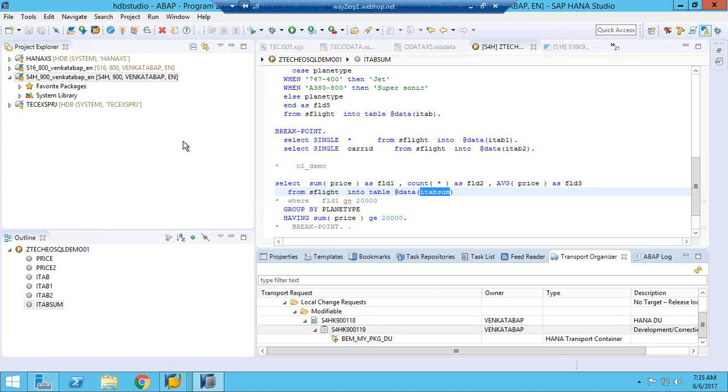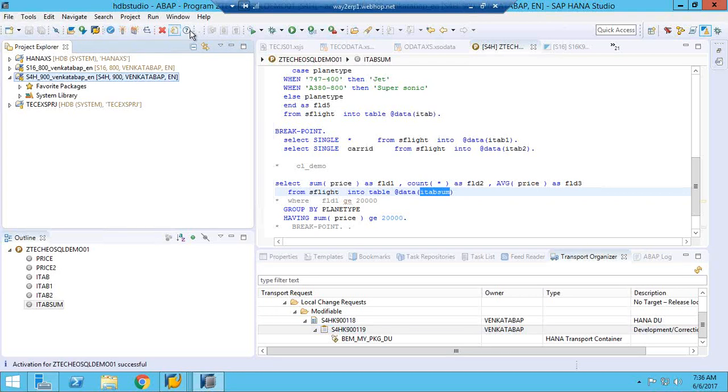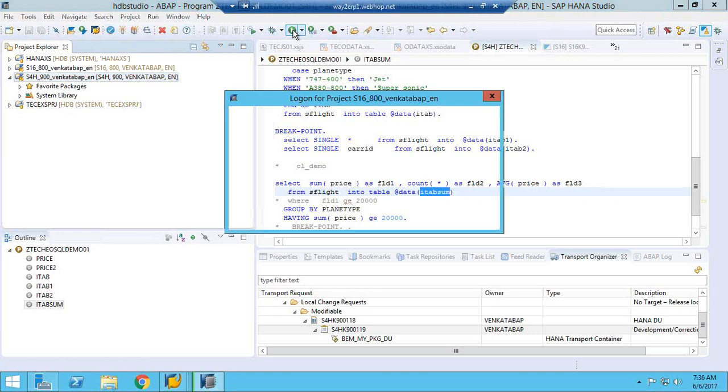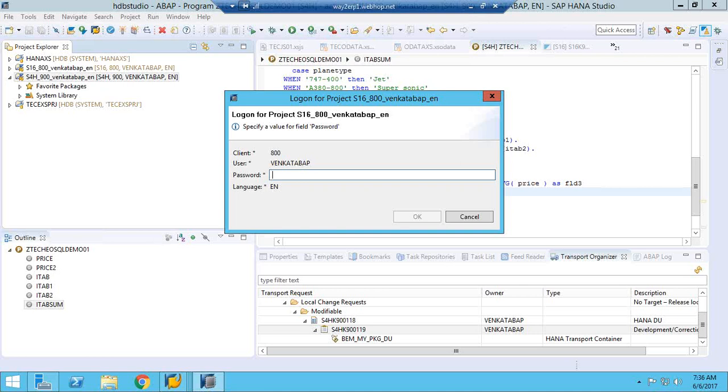Now debugging also. Suppose I run this code. Activation is here, and running this code is here. Wait a second.